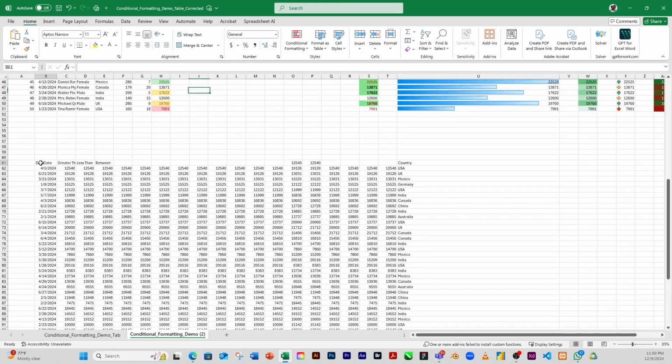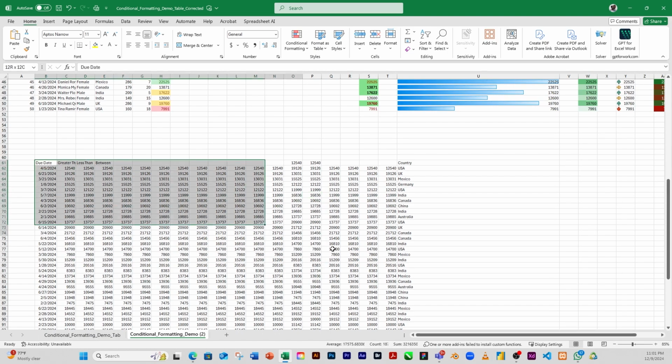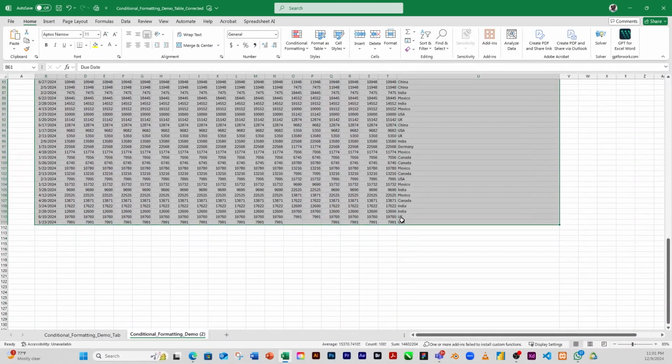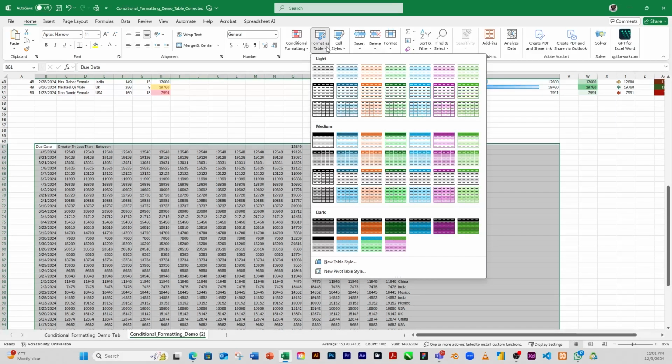So now, let's look at this very one called format table. Let me highlight this table here, or data set. We call it data set here. And I come to my table. For me to change this data set to a table, right? I have to click any of these styles. You can make use of any of these styles for your table. So if I click this